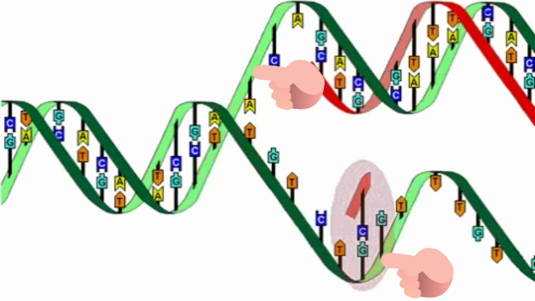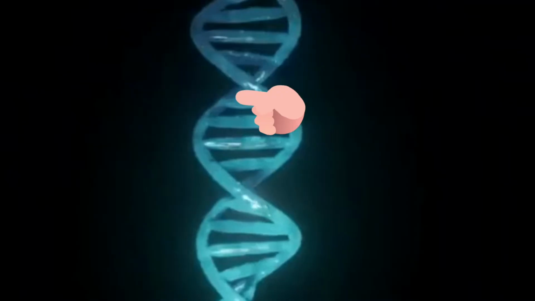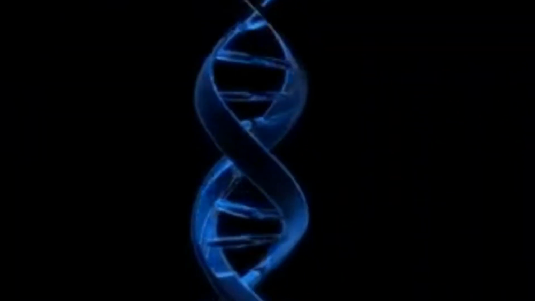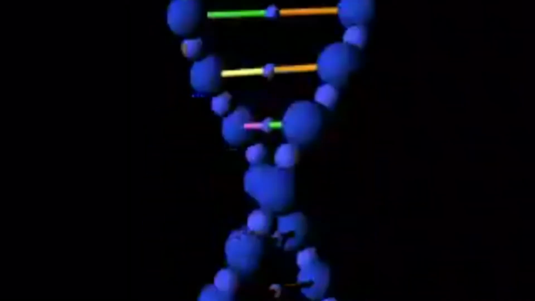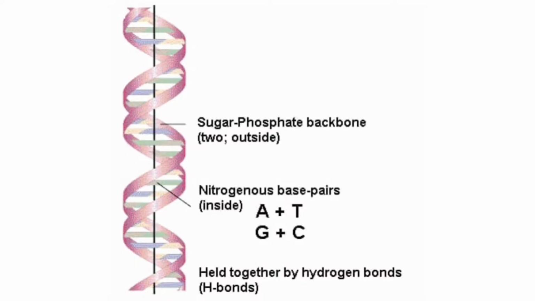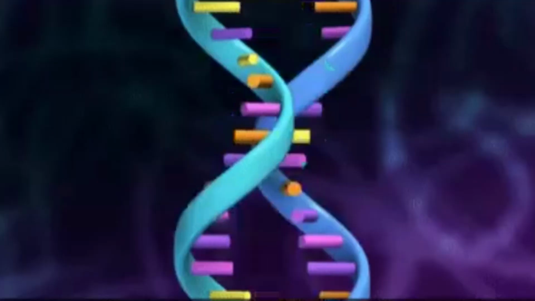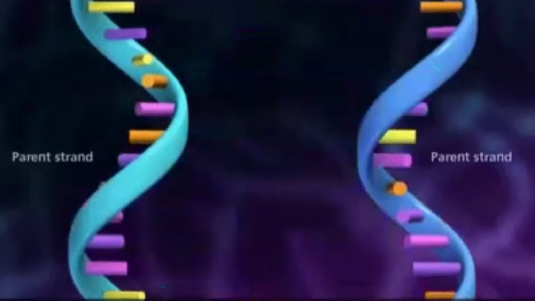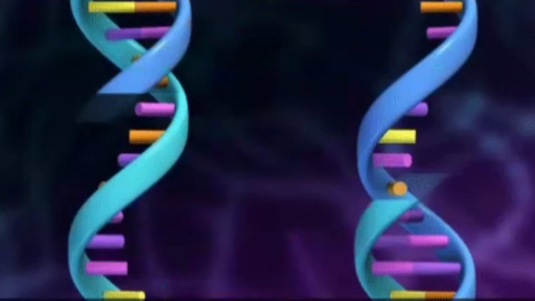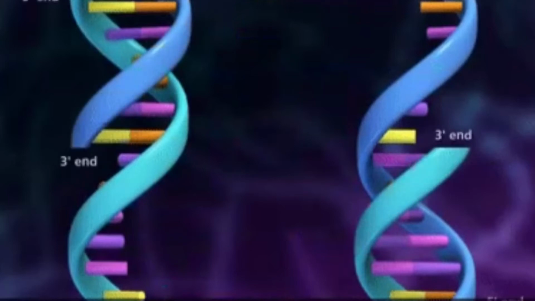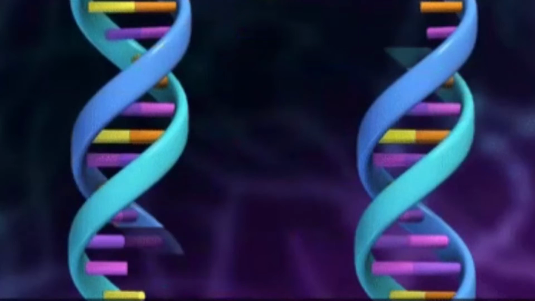DNA is made up of two polynucleotide chains, where the backbone is made up of sugar and phosphate group, and the nitrogenous base projects towards the center. There is a complementary base pairing between the two strands of DNA. The two strands are coiled in a right-handed fashion and they are anti-parallel in orientation. One chain has a 5' to 3' polarity, while the other has a polarity of 3' to 5'. That is, both the polarities are in opposite directions.